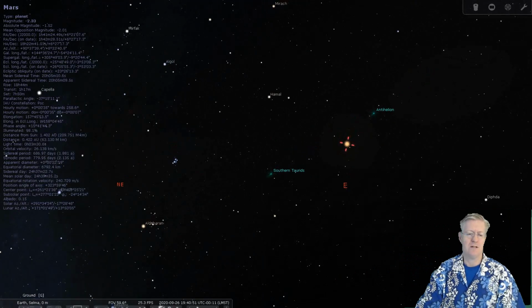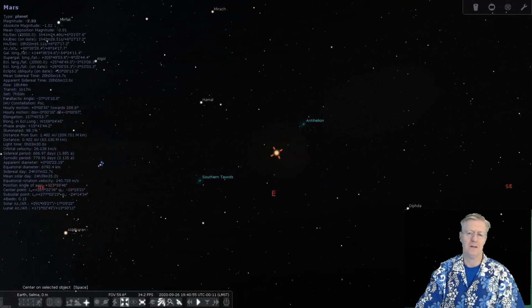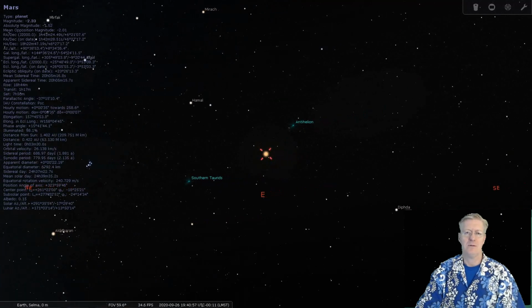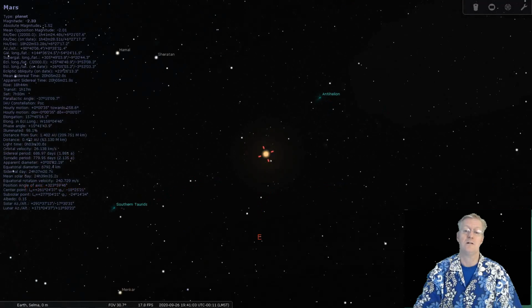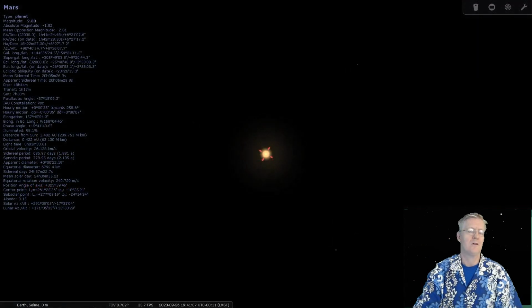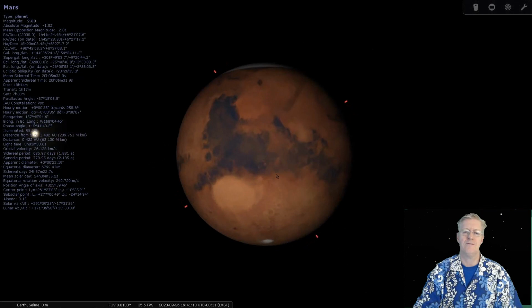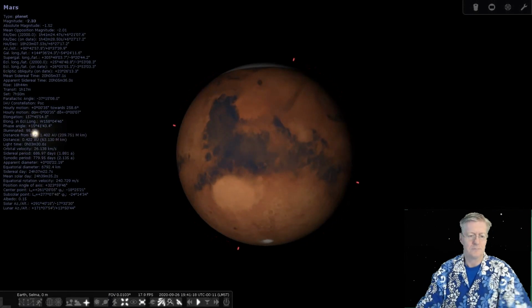Yeah, this should be Mars right here. And I'm going to center on Mars, and let's look at Mars. Mars is, next to the Earth, my favorite planet. As far as night sky objects, it's my favorite object to look at in the night sky with my telescope. And here's all the information, so we can have that there. I'm going to zoom in, and there's the face of Mars, which is absolutely awesome.